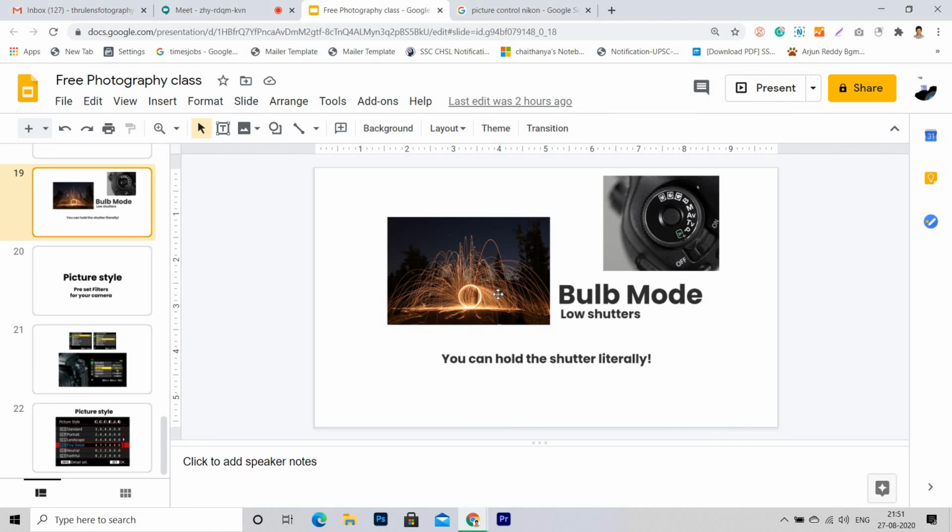Low shutter speed photos, I will show you experimentally. We are going this weekend with the offline class people. So if possible, I will try to take some pictures if we are going in the evening, or if that is not happening, I'll try to click a picture near my home and show you how. And if you also try, because low shutters should be experimented with.